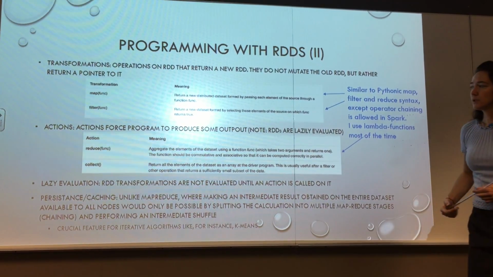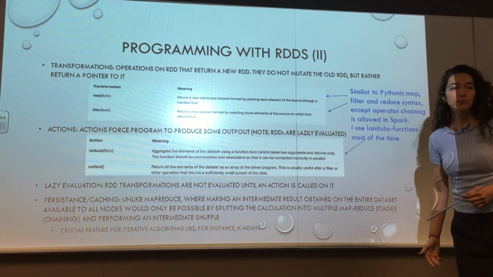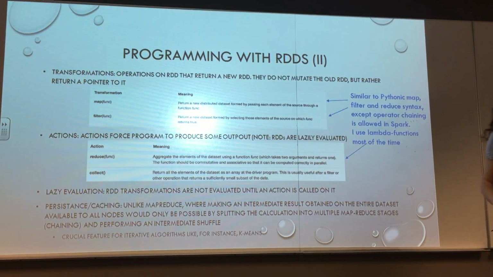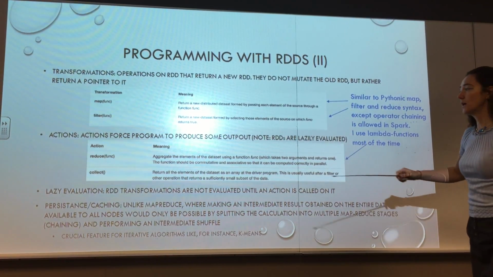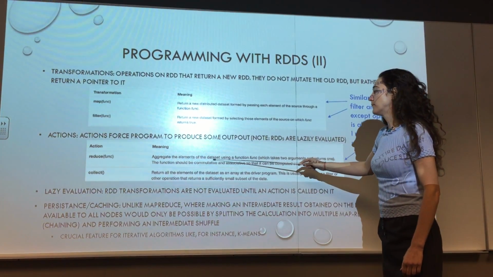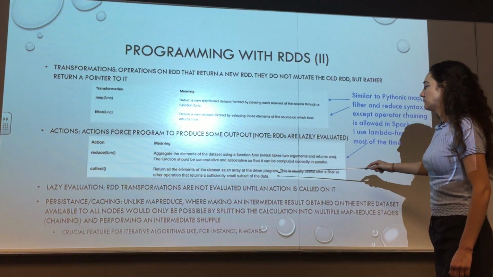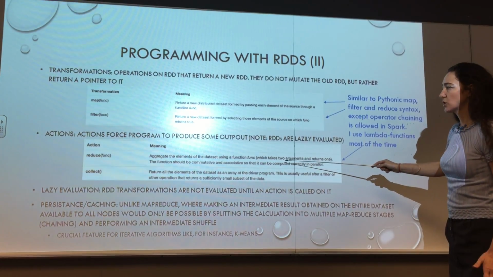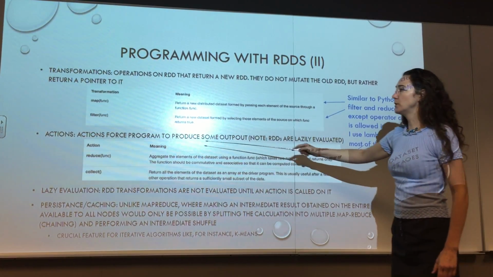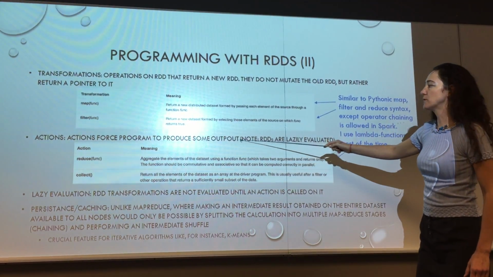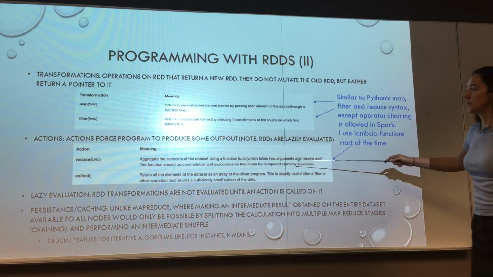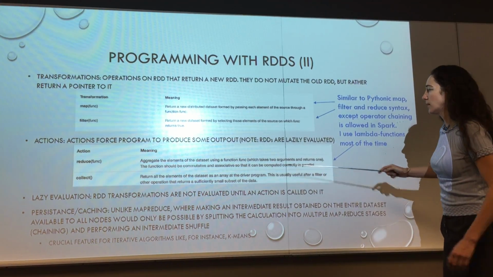Now, if you want to take some action, perform some kind of computation based on the data, such as aggregating elements, then that's an action. So the action operation will produce some output based on the RDD. Let's say it wants to aggregate